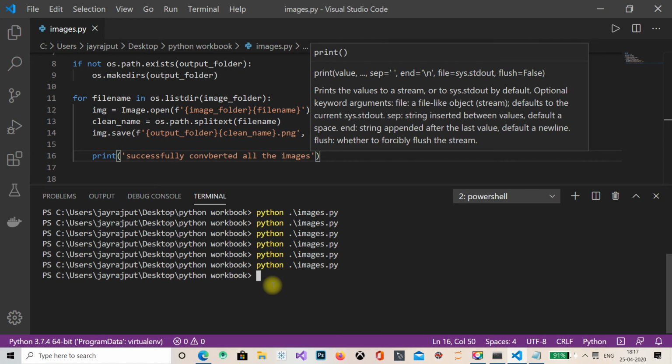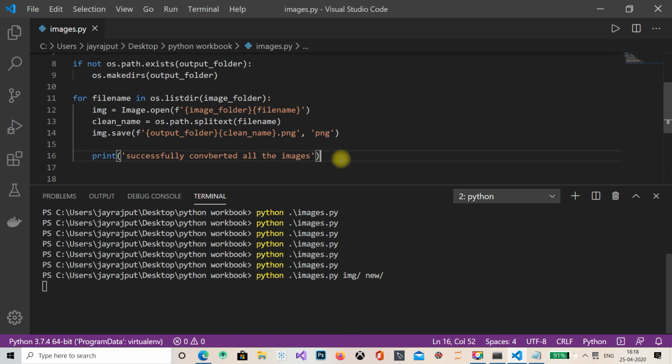See guys, how am I running this program? It has a particular method: python images.py, then image, where all my images are stored. Then a colon, then I want to create a new folder, so I am writing new here, slash, and I will enter it.